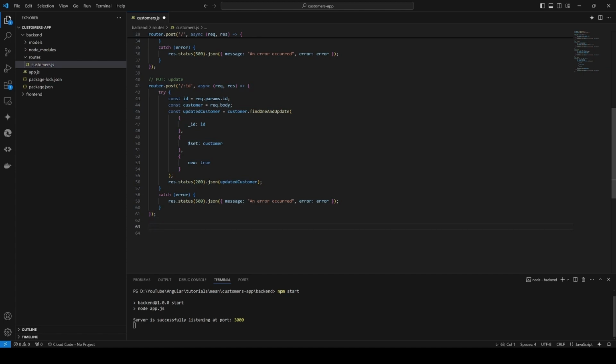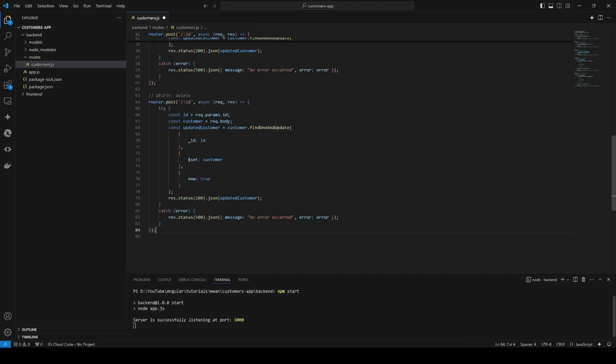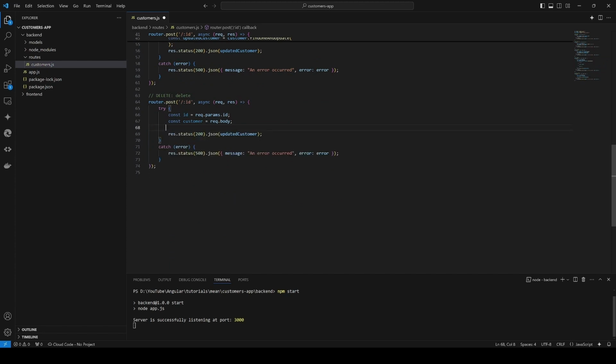Now we go to the delete. So the delete operation is similar to the get, but is going to delete. So we delete with a given ID. So we're going to check just this request, and we're going to update it to delete, actually, not to retrieve or to update. So we're going to receive the ID from the parameter, and we're going just to use that to delete. So we will say let